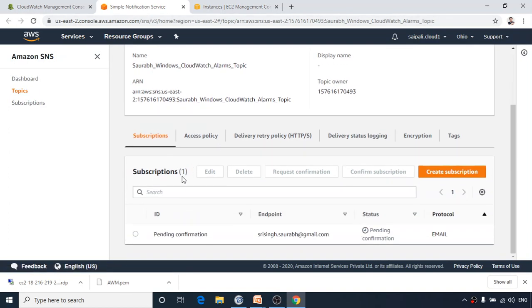So you see subscription is 1, condition is pending confirmation, the ID is not given yet because the status is pending confirmation. I have set the email address, but who will be proving that? Either it is my email address or I have just used somebody else's email address to maybe disturb them. So because of that reason, it requires a confirmation from your email side. Once you confirm it, then this status will change. Then its status will show confirmed, and you will get an ID there. So let's do that.